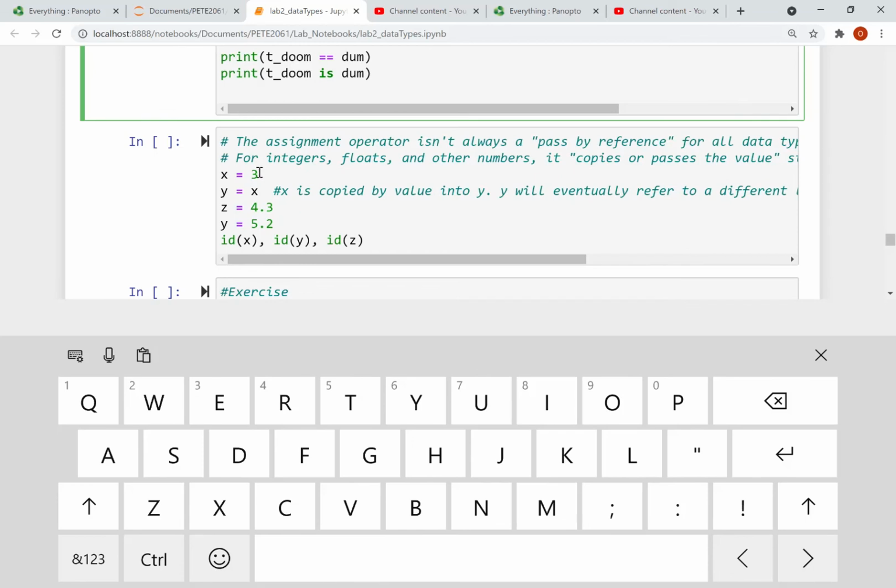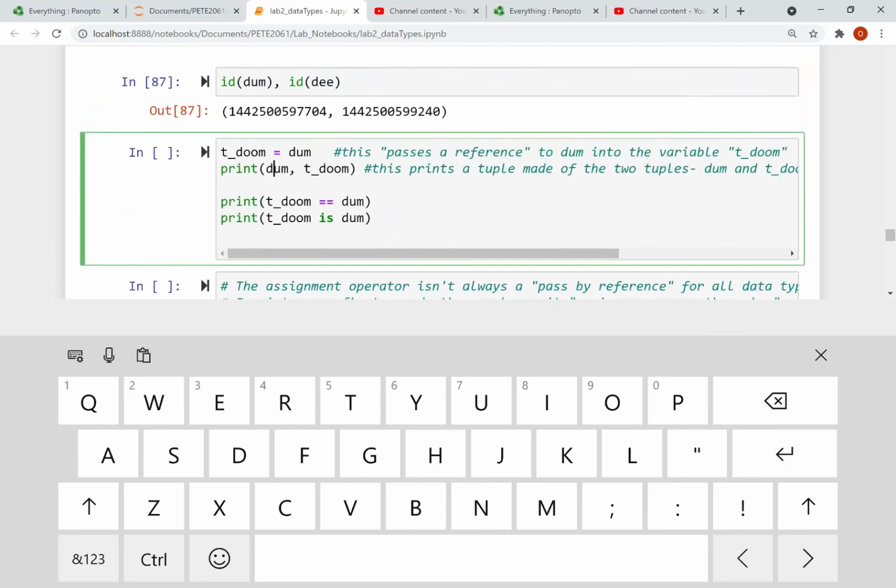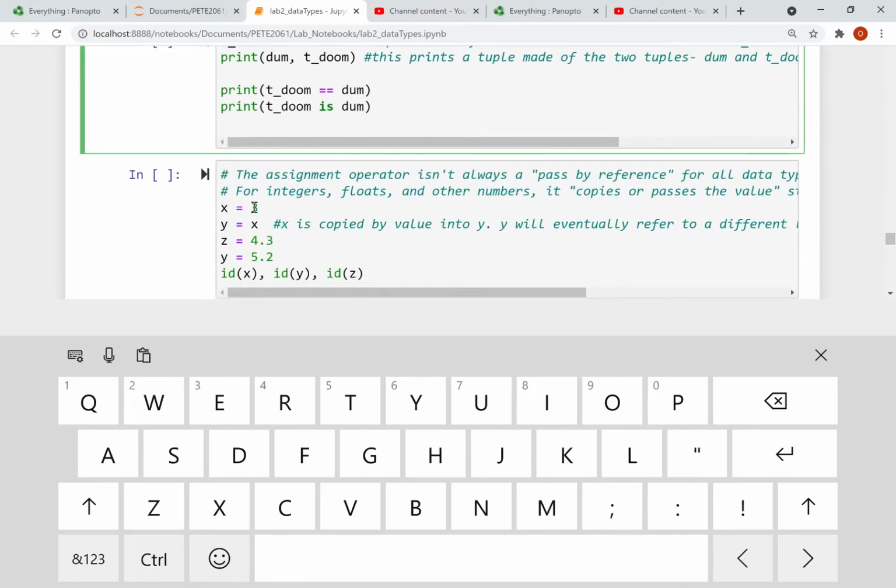So x equals 3. So I'm just showing that this behavior that you see for many collections, actually for most collections, which is when you use the equal sign, you're actually creating an alias. That behavior is common with most of the collections that contain multiple data items. But with single or primitive data types like you have here, these are primitive data types. What you have is pass by value, meaning